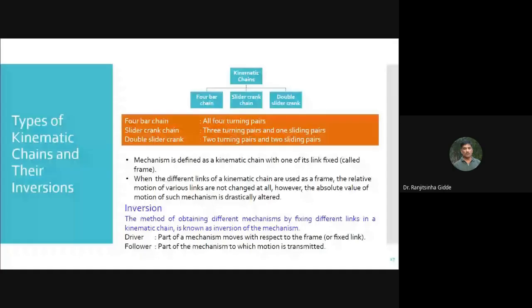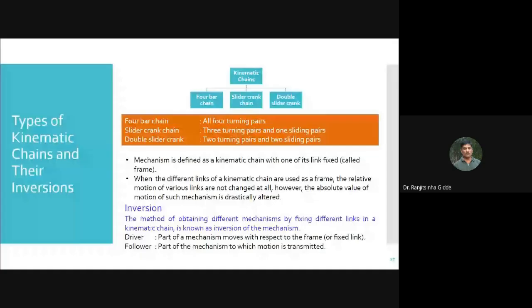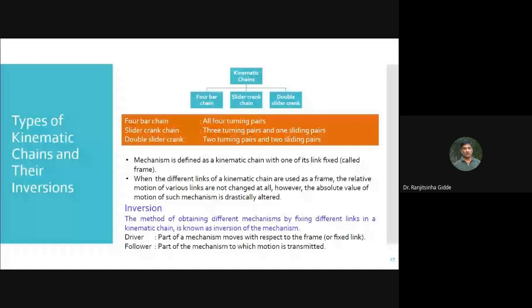So basically the part of the mechanism which is fixed is called a fixed link, and the part of the mechanism which is in motion is called a follower. Generally, most of the mechanisms are reversible,